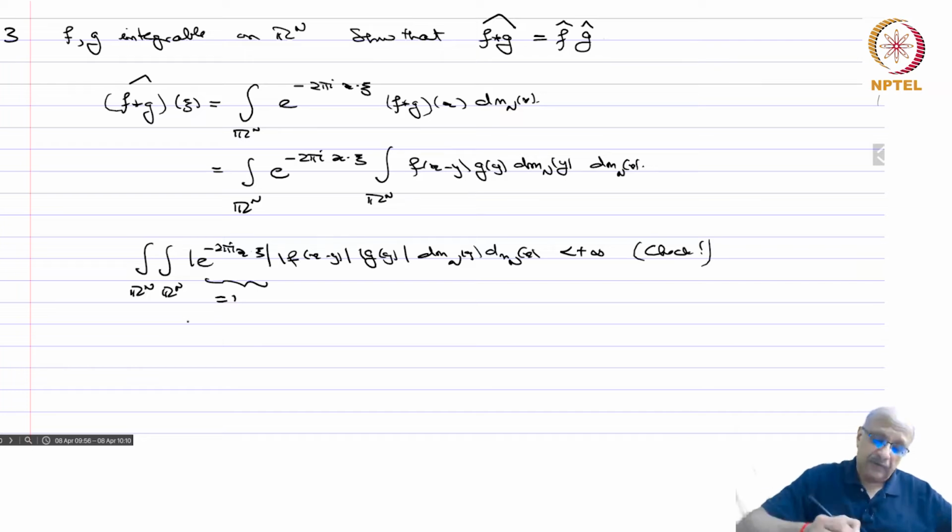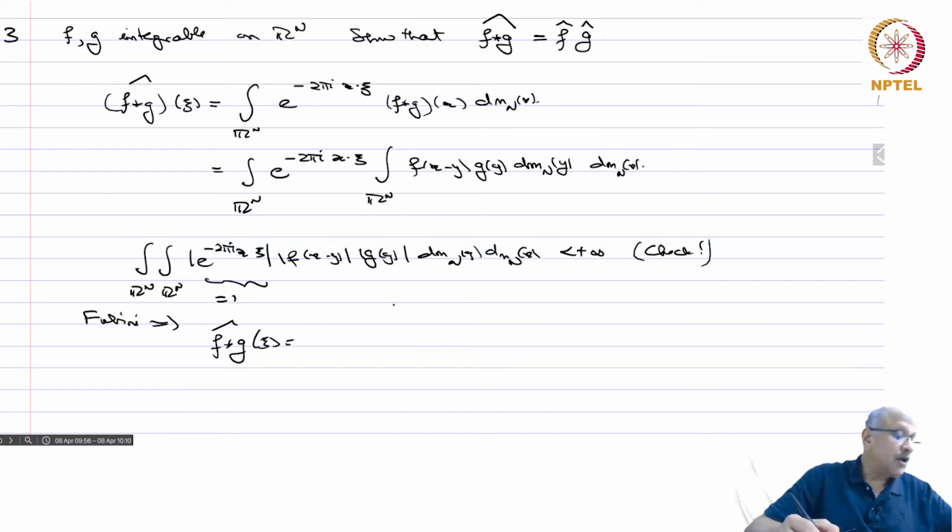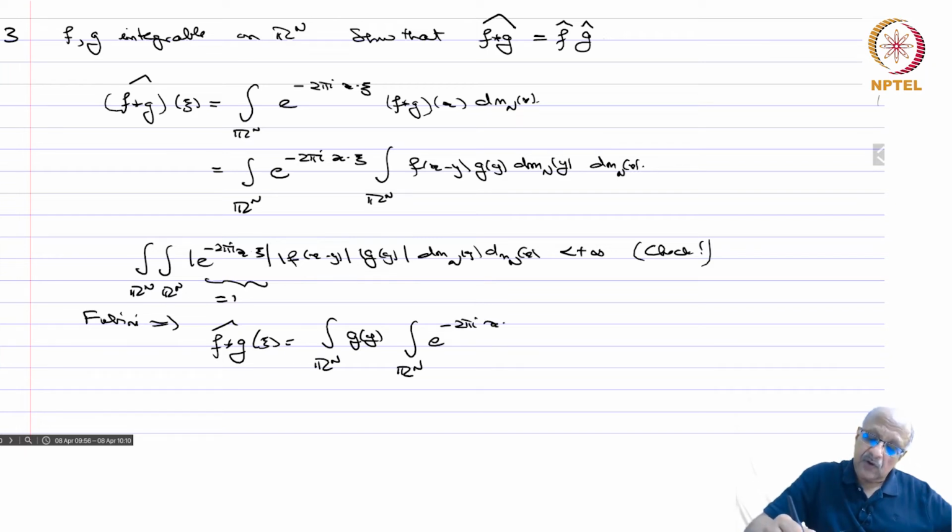Again, this is usual, we have done it many times, and therefore Fubini implies (f*g)^(ψ) equals the integral over Rn, g(y) comes out, and then you have the integral over Rn of e^(-2πi x·ψ) f(x−y) dx dy,